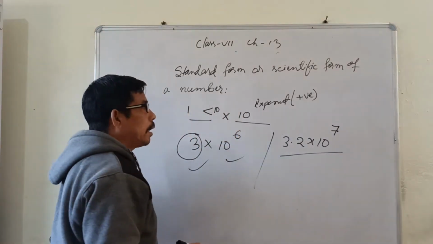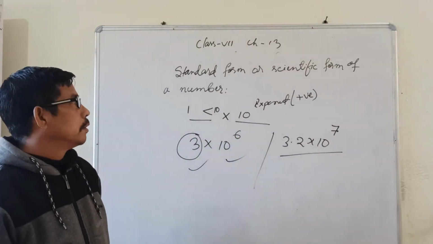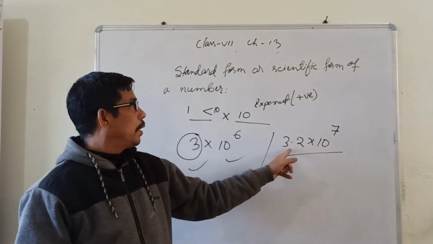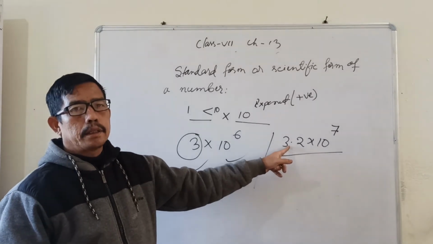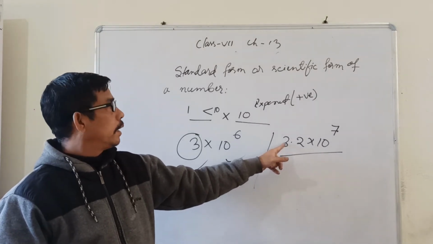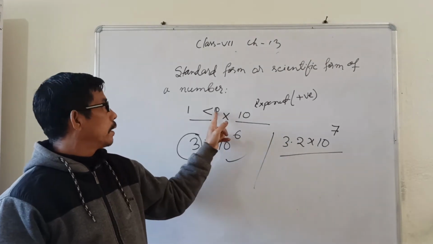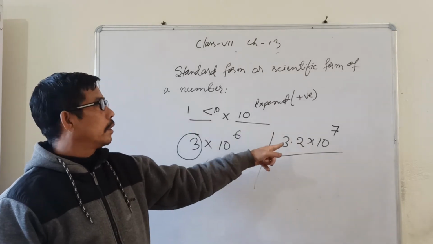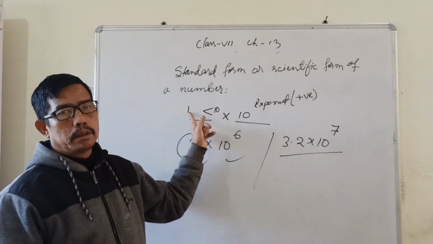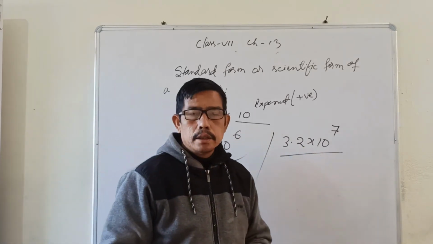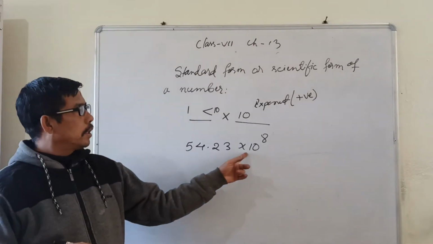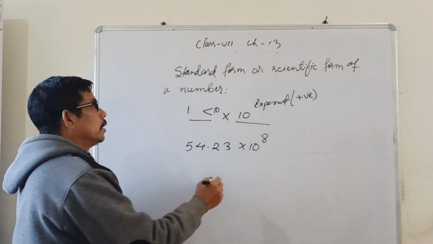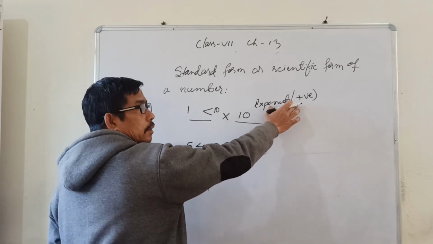This is also another example of standard form because the second number is 10 raised to a positive integer and the first number is less than 10. 3.2 is less than 10 and it is more than 1. So this number is in the standard form. Now this number is not in the standard form because this satisfies this condition,